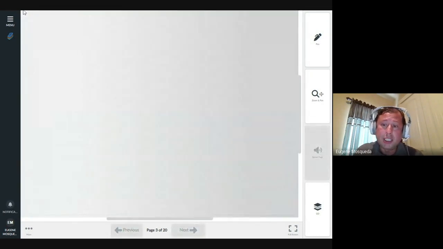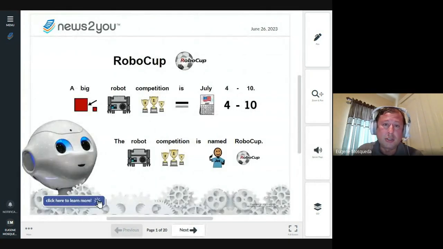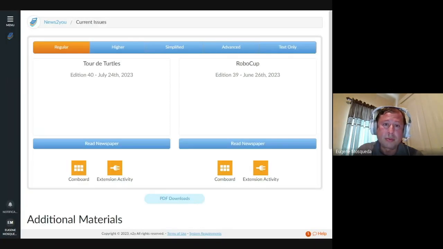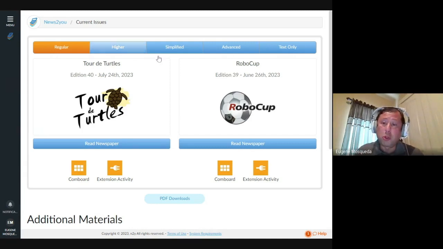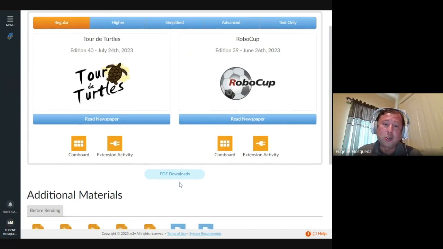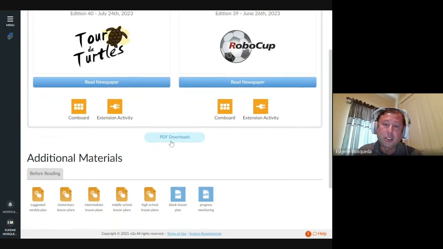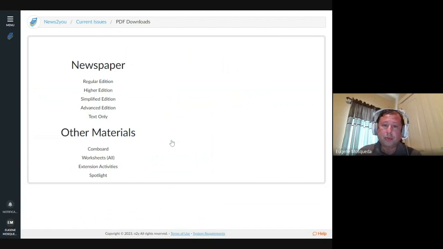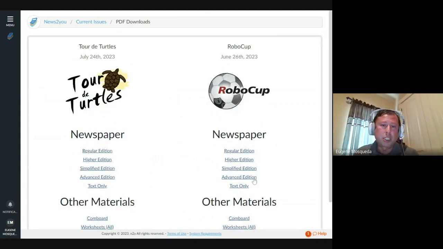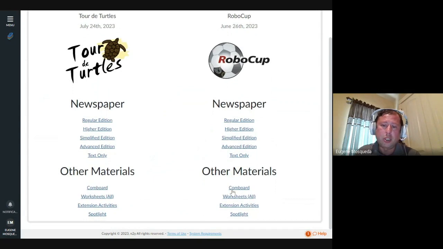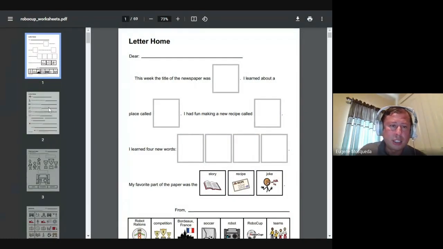Okay, so now let's go back to the science portion. Let's see, where's the beginning? Okay, so the whole article for RoboCop, it's just a bunch of activities for RoboCop. There's cooking, there's science, it's math, social studies. So what I do is I go down here to the PDF downloads. And I'm going to choose the RoboCop this time. And I go to all the worksheets. What happens is that you get every single worksheet that's been created for that activity.